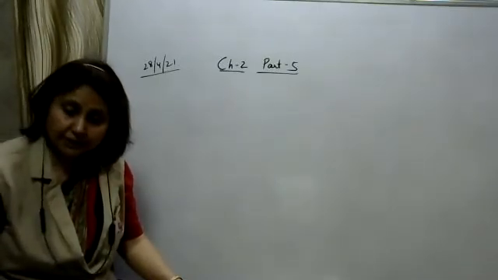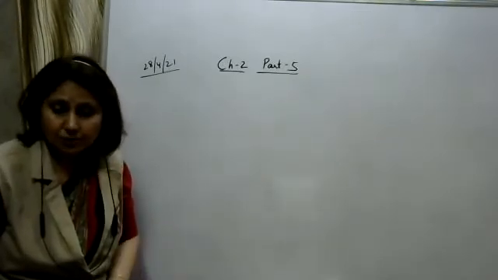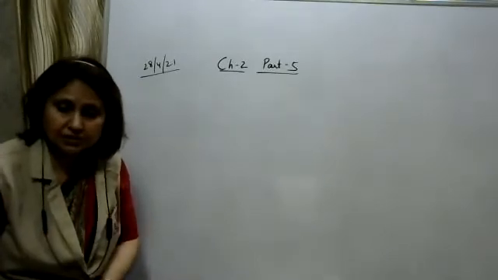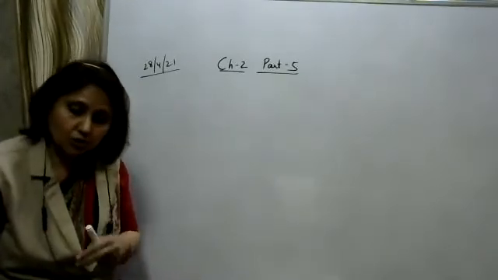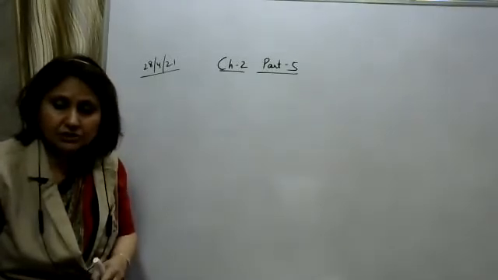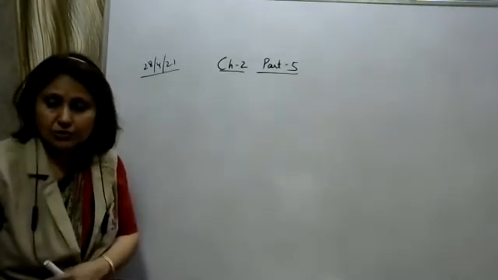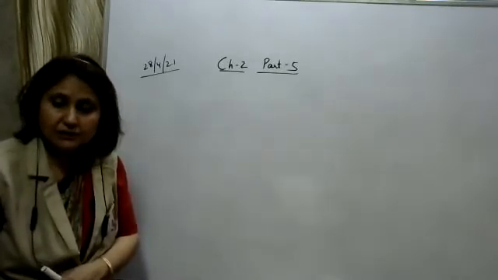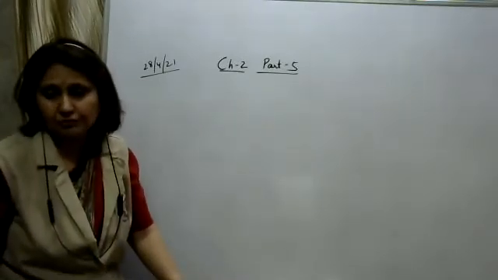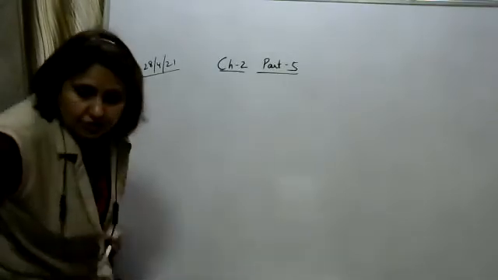Then in the presence of an external electric field, the potential energy due to a point charge is Q into the potential at some distance R. For two point charges placed in an external electric field, the potential energy will be Q1 into V at R1 distance, plus Q2 into V at R2 distance, plus the potential energy between the two point charges, 1 upon 4 pi epsilon naught Q1 into Q2 upon R. Write a few questions over here.